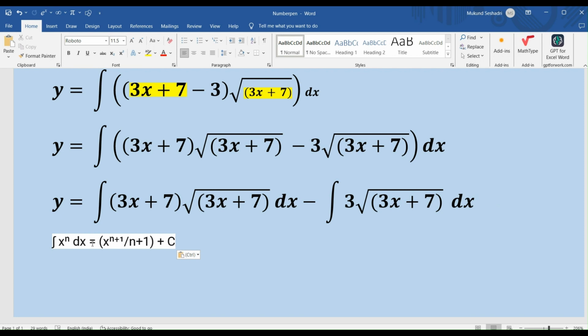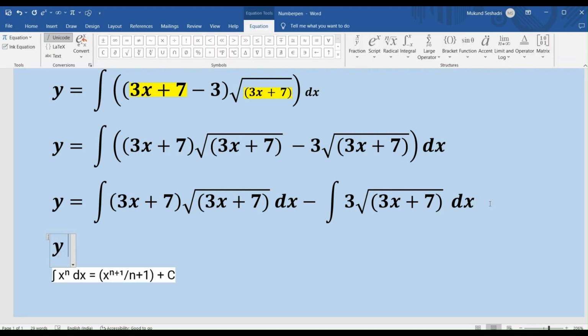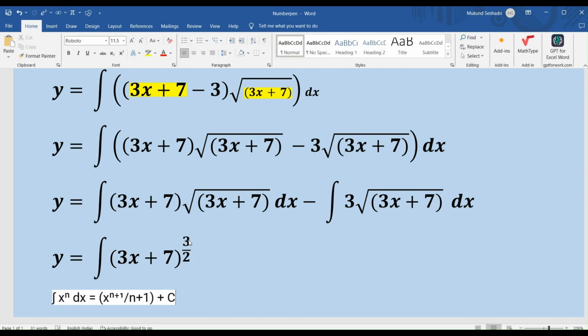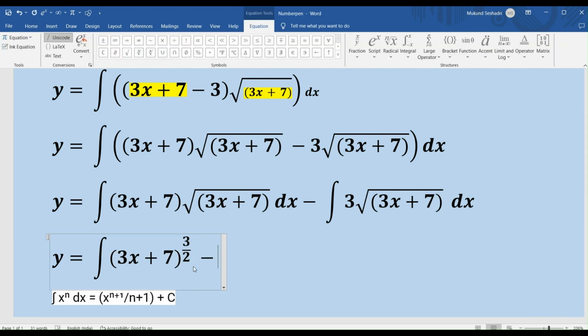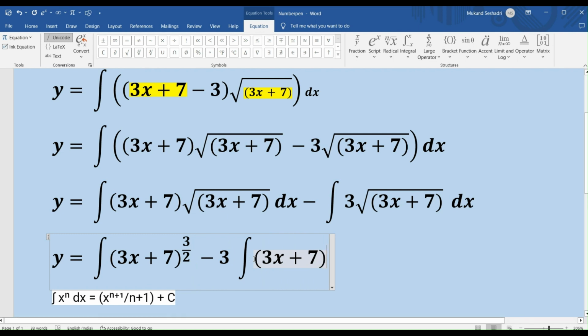And why am I going to use this? Because my first expression is nothing but 3x plus 7 times square root of 3x plus 7, which is nothing but 3x plus 7, the whole power 1 plus 1 by 2, which is 3 by 2, right? Maybe I should write it down here. And then I have my next expression, which is nothing but I pull out the 3 and I have 3x plus 7 to the power half, right? So this is why